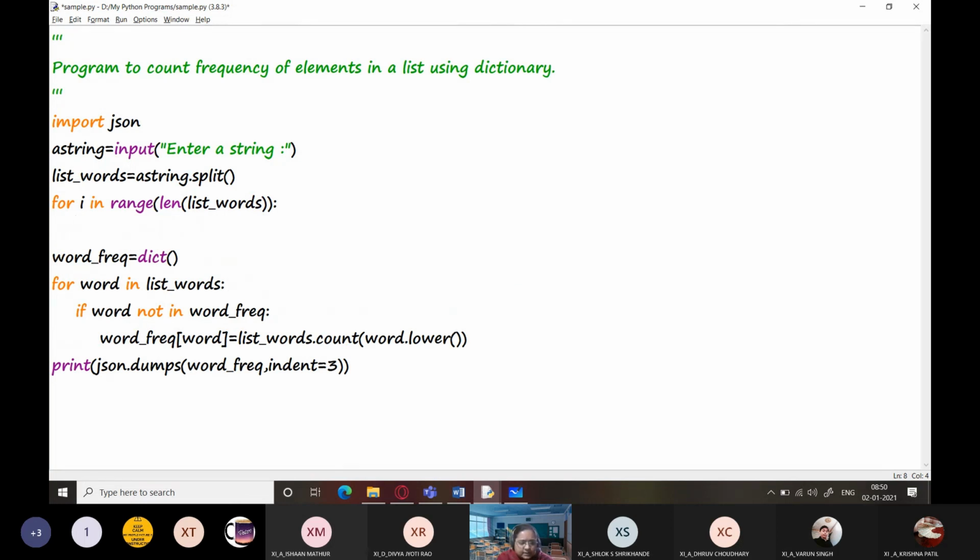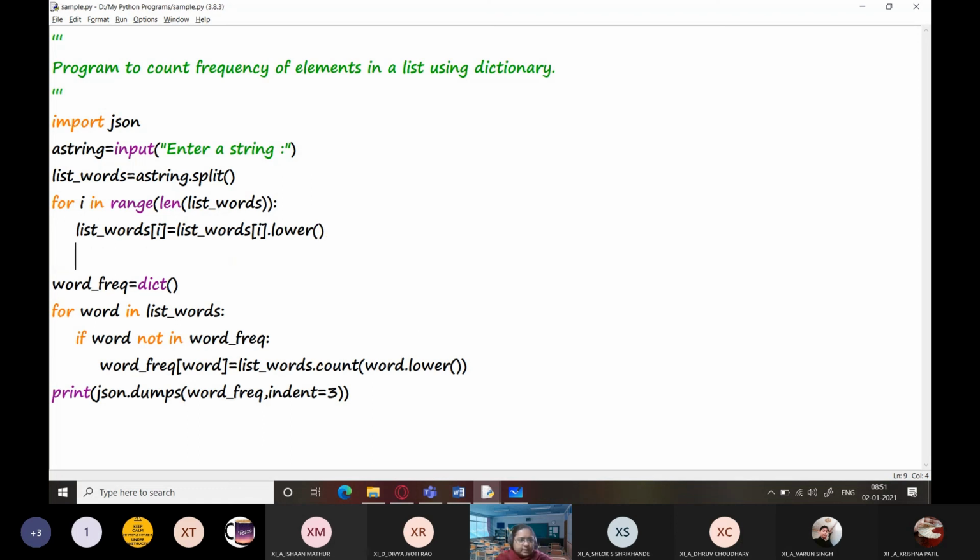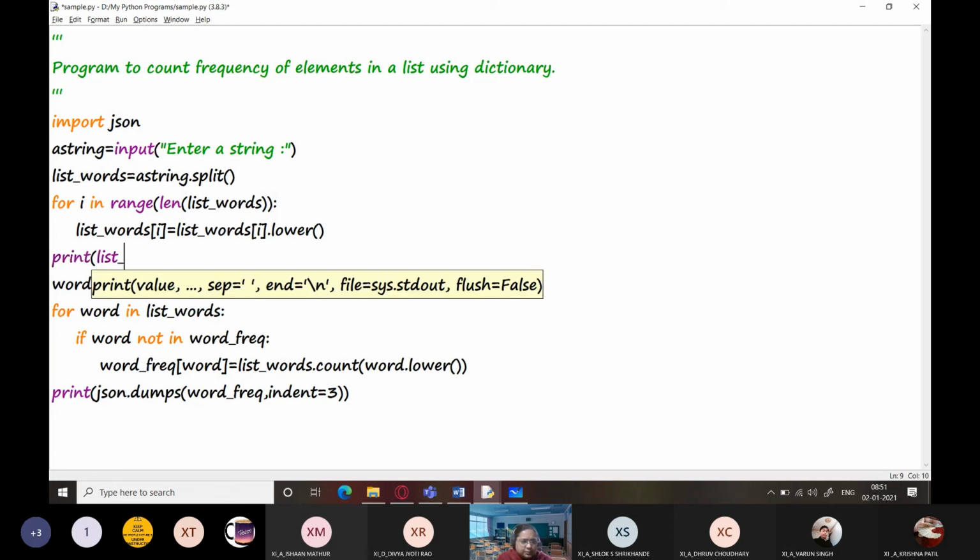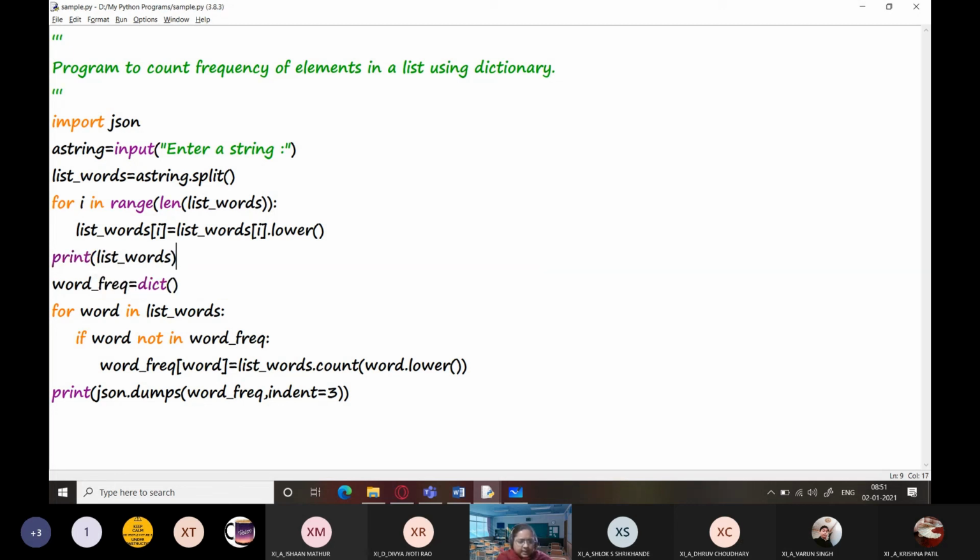I can simply write here list words i equals list words i dot lower. So this will convert all the words into lowercase, and I'm going to also print this list words, right?